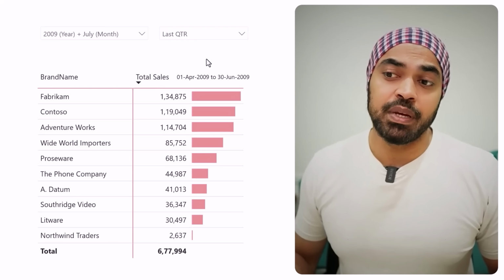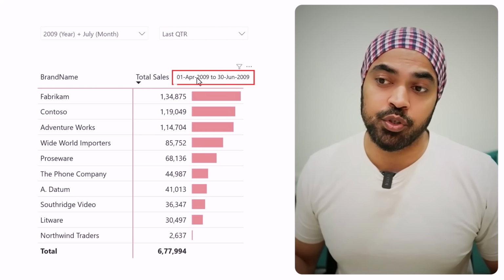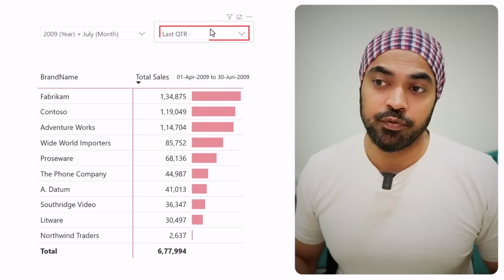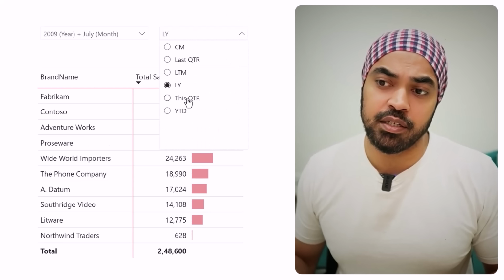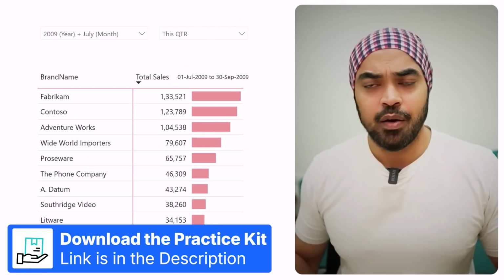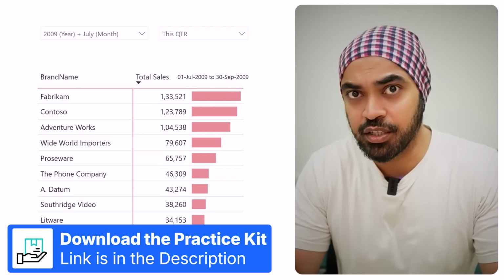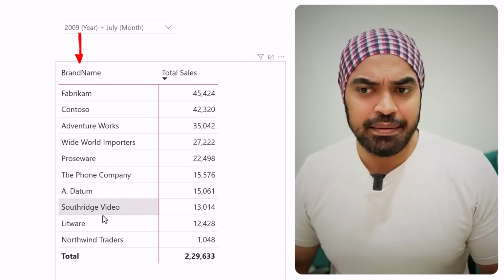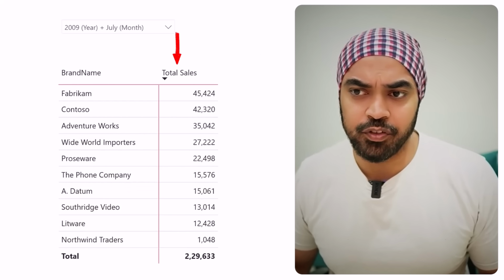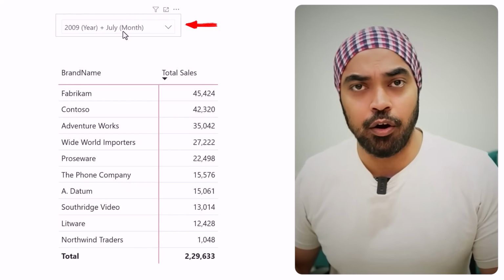It also shows me the time range for which the data is shown. So 1st of April 2009 to 30th of June, and so on and so forth. I can take a look at last 12 months or last year or this quarter and things like that. Now, once you understand how to build this kind of stuff, you will be able to customize it as well. All right, I've done some legwork here, where I've got the simple table, with brand name in the rows. Against that, I have the total sales measure and a slicer coming off my calendar table